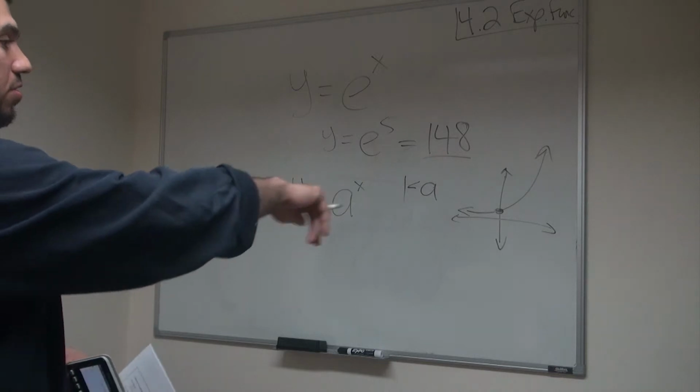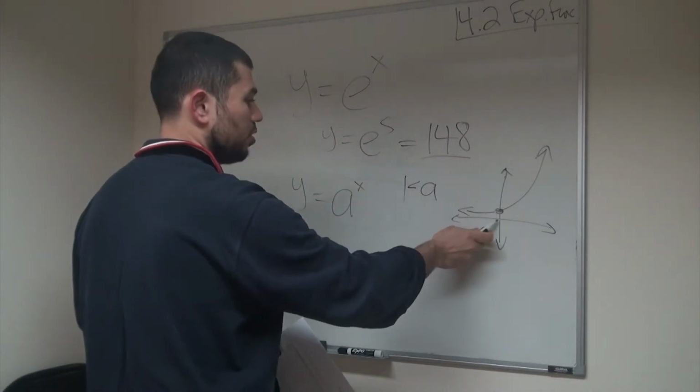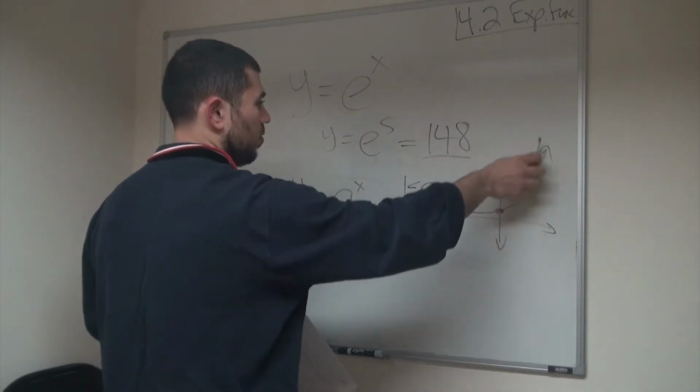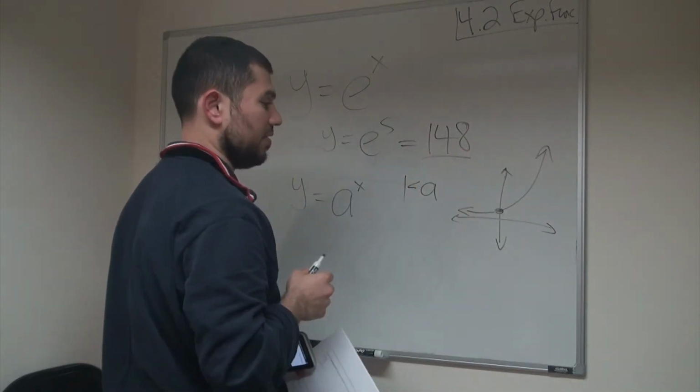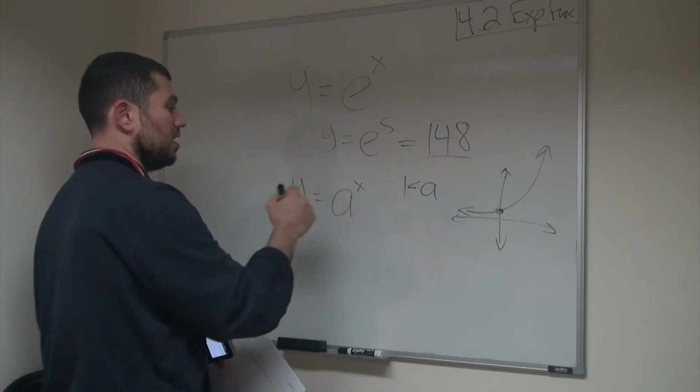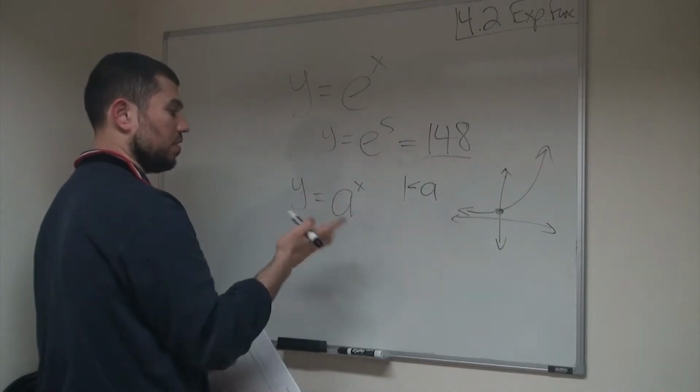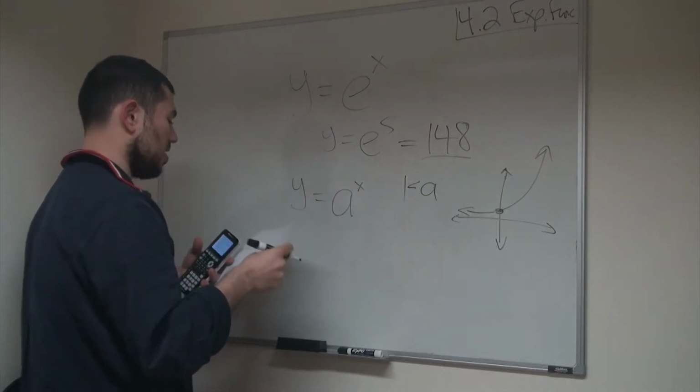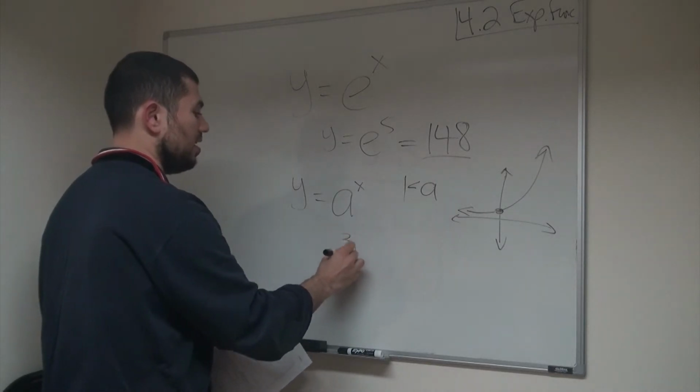And as we approached positive infinity for the x's, the y's approached positive infinity. Now, since e is bigger than 1, it's roughly 2.718,